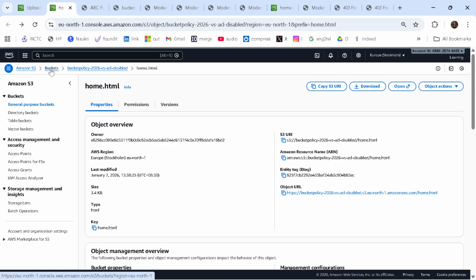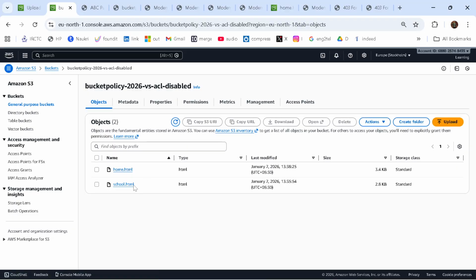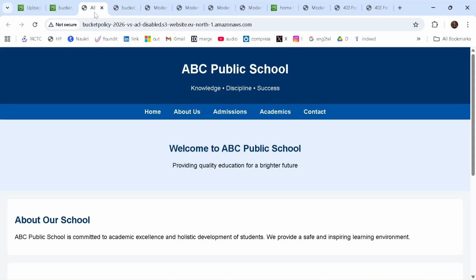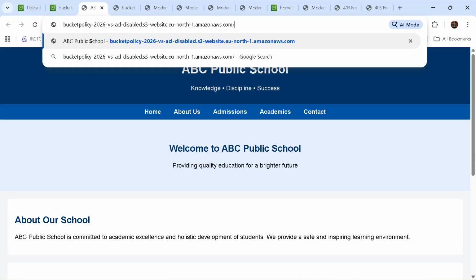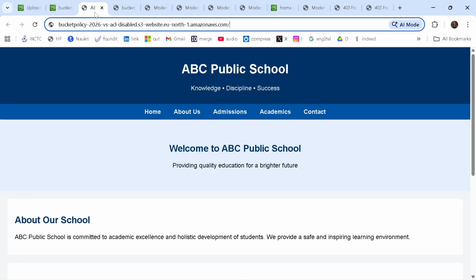That's why AWS recommends disabling ACLs and giving policies this way. Now, how to access this home page? We know this is the school page. If we want to access multiple pages inside the bucket policy bucket, the school page is default. To access the home page, in the same link,